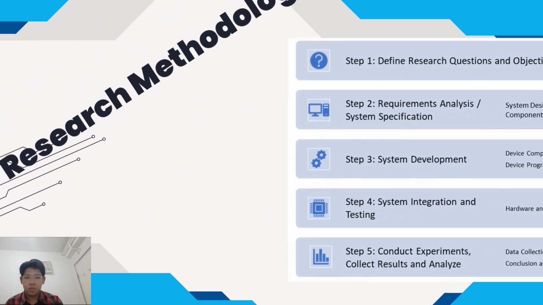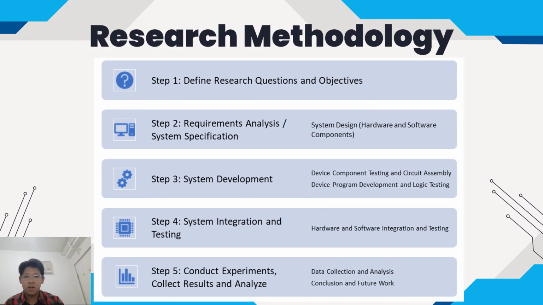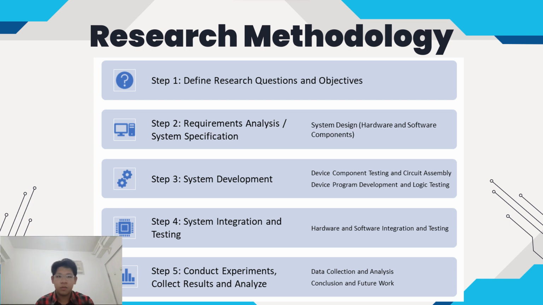So next, I'm going to talk about my research methodology. There are 6 steps. First is to define the research questions and objectives, which are how to design an air pollution detector, how to measure the level of air pollution at Grogol intersection, and how do environmental factors affect air pollution at Grogol intersection. Heading on to the second step, which is to analyze the requirements for air pollution detectors